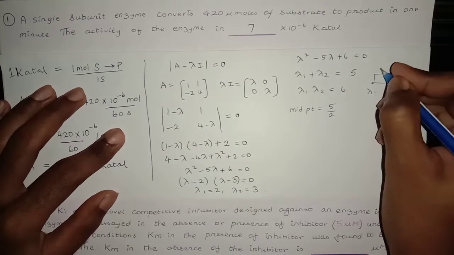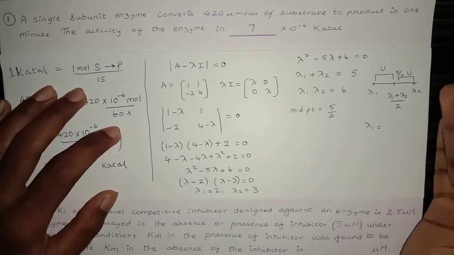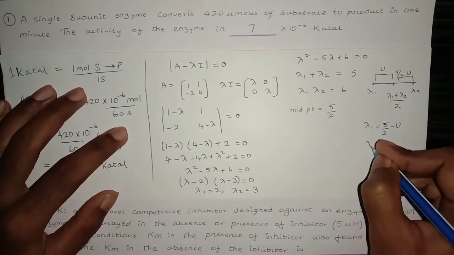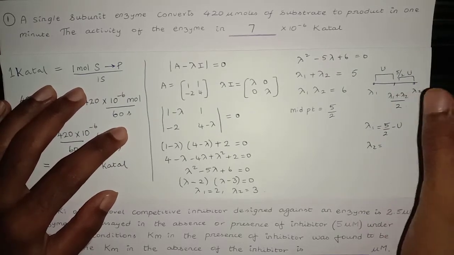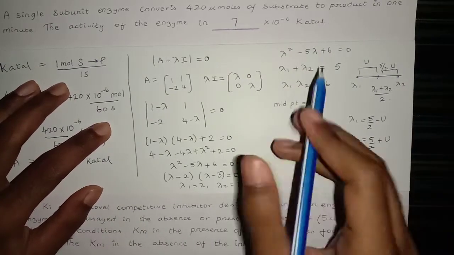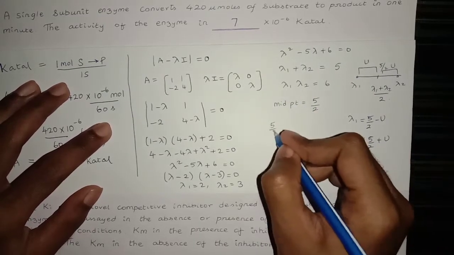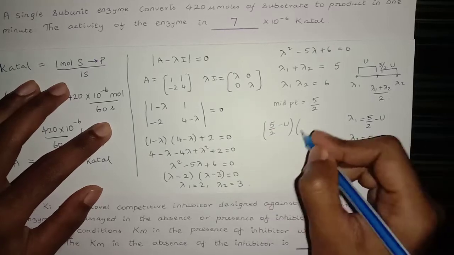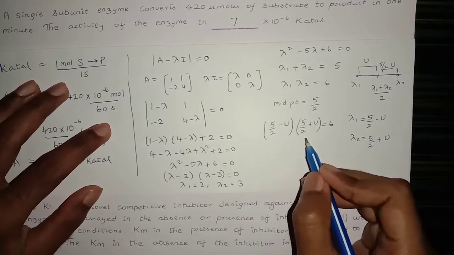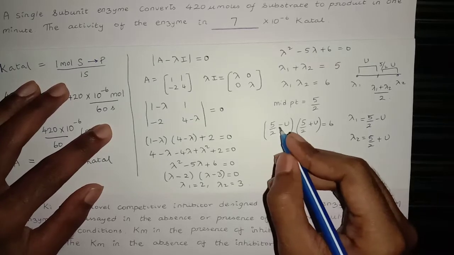Let them be separated from the midpoint by a distance, say u. Then we can write lambda 1 is u less than 5 by 2, so 5 by 2 minus u, and lambda 2 is at a distance u from the midpoint, 5 by 2 plus u. And we know one more condition, lambda 1 times lambda 2 is equal to 6. Therefore 5 by 2 minus u times 5 by 2 plus u is equal to 6, which is nothing but a minus b times a plus b, which is equal to a square minus b square. So this is a, 5 by 2.